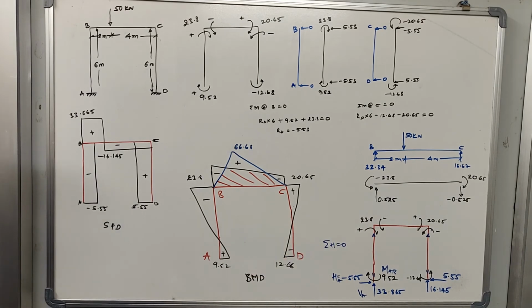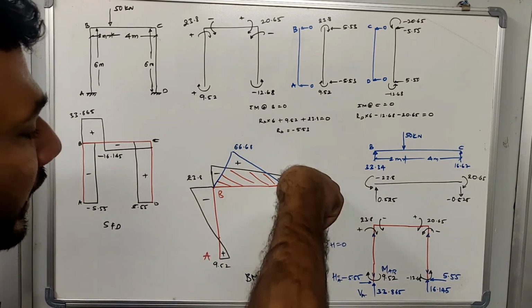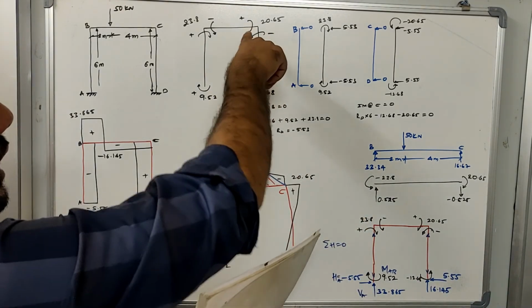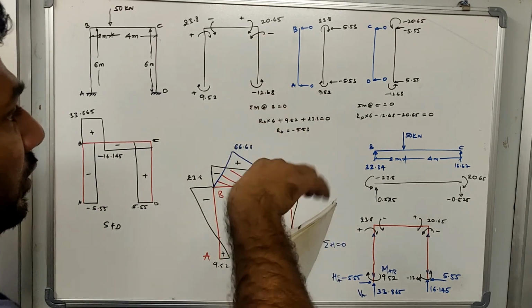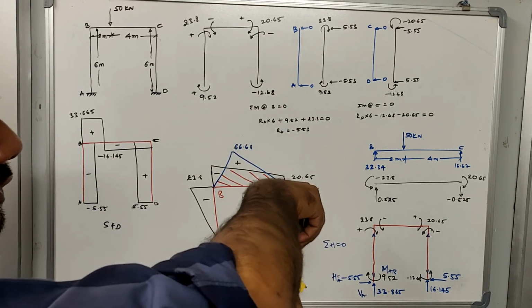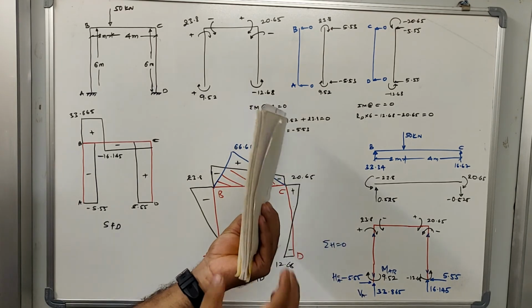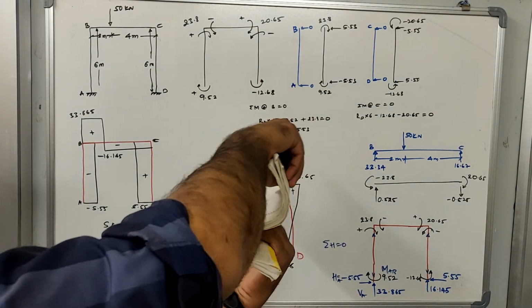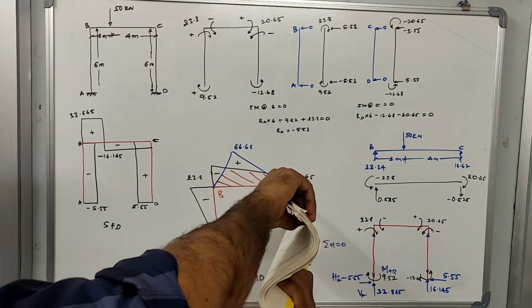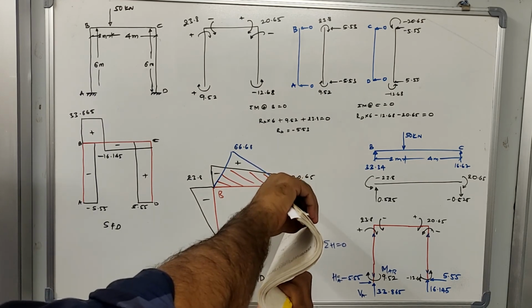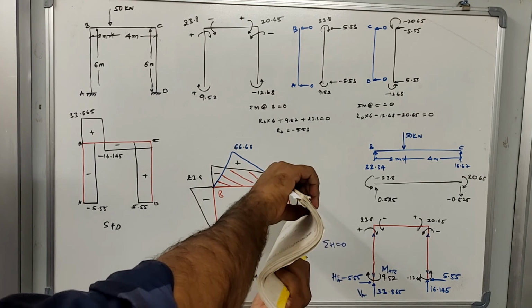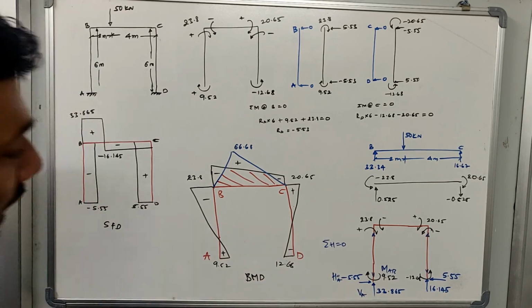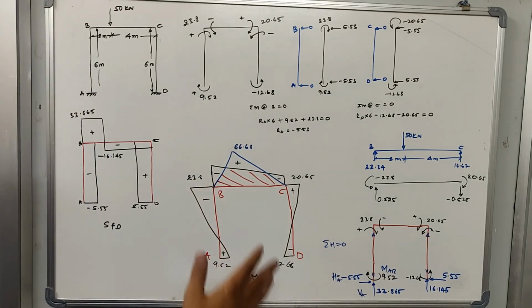Now going to this side, again the same trick: take it as a column, take any flexible element to understand this. Try to understand what kind of directions are being applied here. This is negative, and this is also negative. I have to apply a negative moment here and also a negative moment there. This will create a sagging and hogging picture. At the top it will be sagging, at the bottom it will be hogging. So at the top we have positive and at the bottom we have negative. This is how you draw the bending moment diagram.